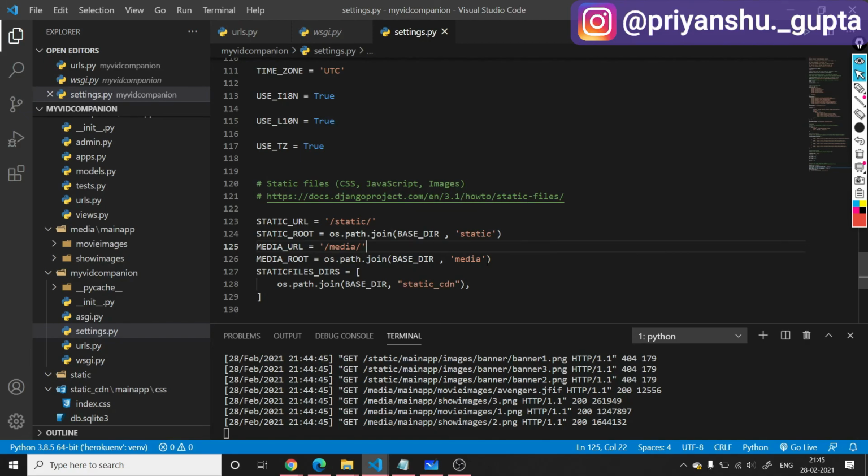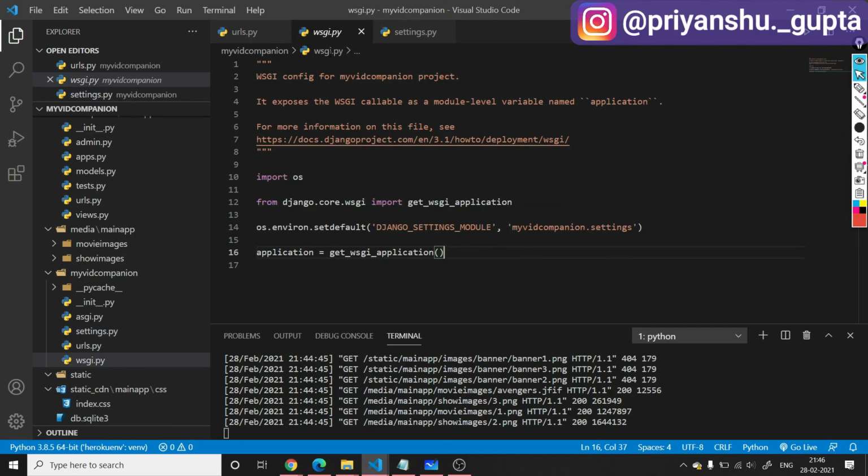So you should not fix this like this can be used only in development mode or this can be used only in deployment mode. It's basically on your side how you handle them. Once your concept is clear, then you can adjust it according to your own needs. So I've tried my best to explain how static files and media files work and how you can serve them in different ways.